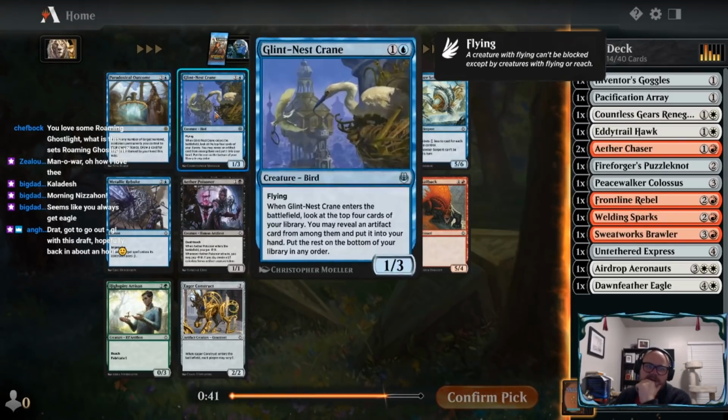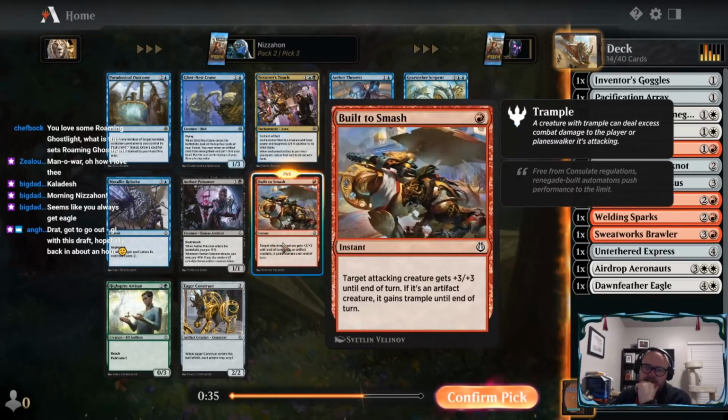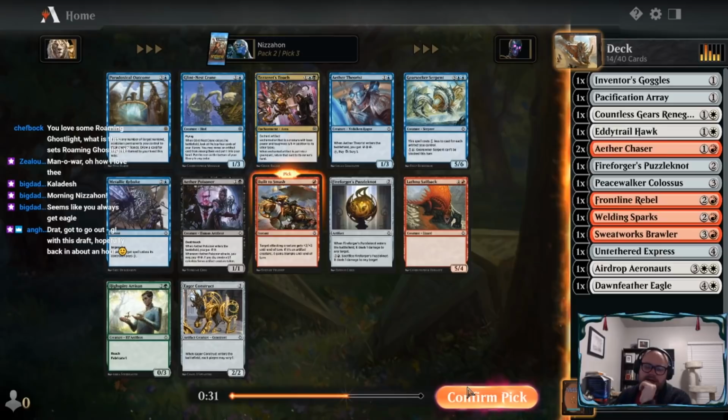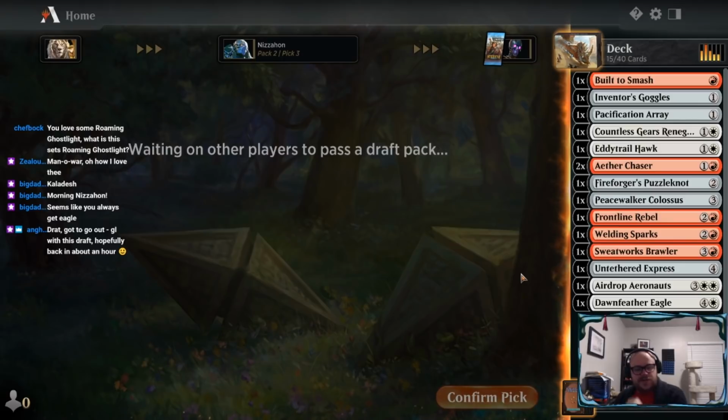This pack has some nice stuff in it. I mean, Glint-Nest Crane. Another Gear Seeker if we want to go that route. I'm actually leaning towards Built to Smash, though. We seem like we're going to be an aggro deck, and this is a great trick for decks that are attacking a lot, and decks that have artifact creatures, which we don't have a ton right now, but we have a few. And it's good even if you're not using it on an artifact creature. We do have servos, too, hidden in our deck, but...